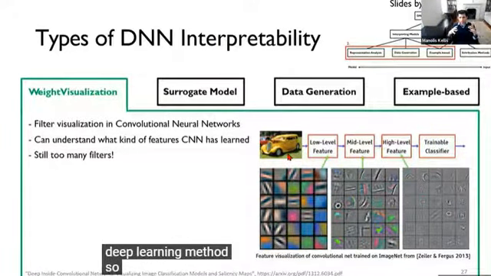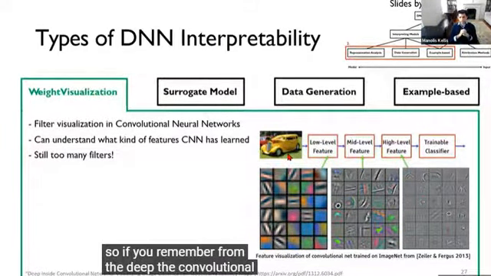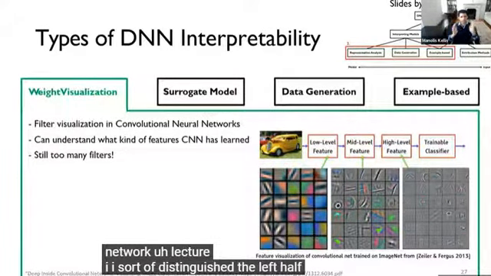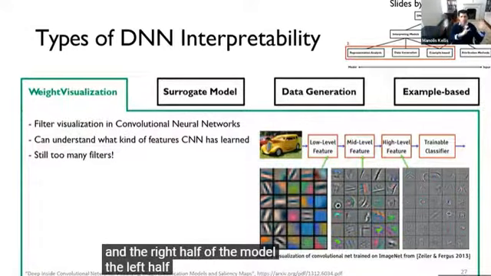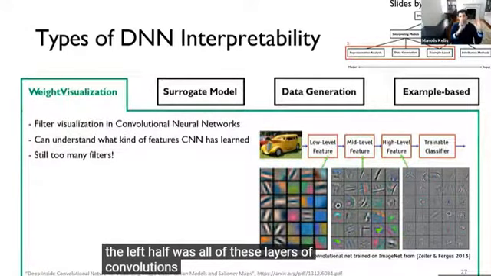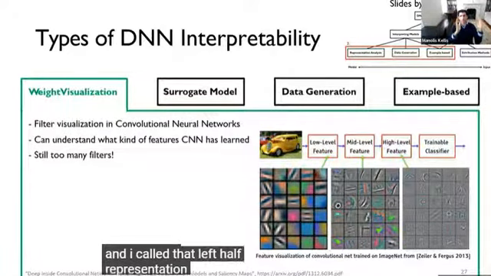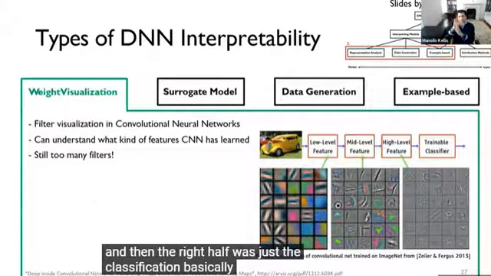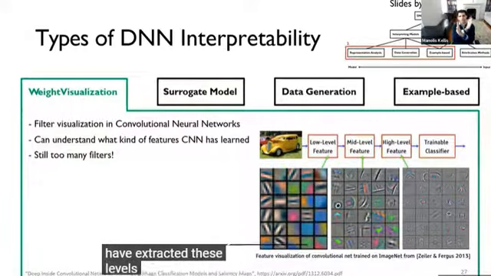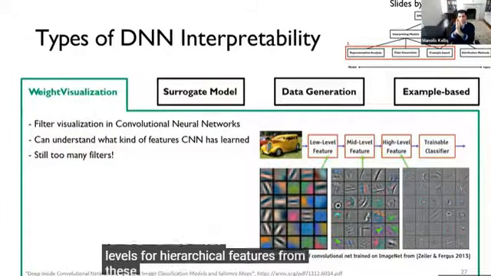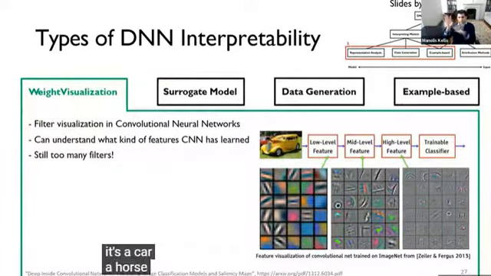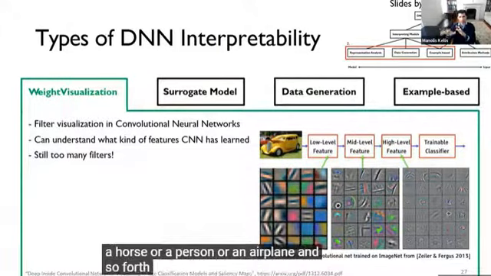So if you remember from the convolutional neural network lecture, I sort of distinguished the left half and the right half of the model. The left half was all of these layers of convolutions, and I called that left half representation learning. And then the right half was just the classification. Basically, now that we have extracted these levels of hierarchical features, from these features, we're making a decision as to whether it's a car, a horse, or a person, or an airplane, and so on and so forth. Okay,